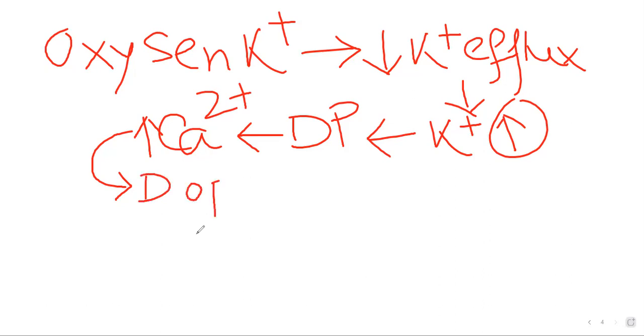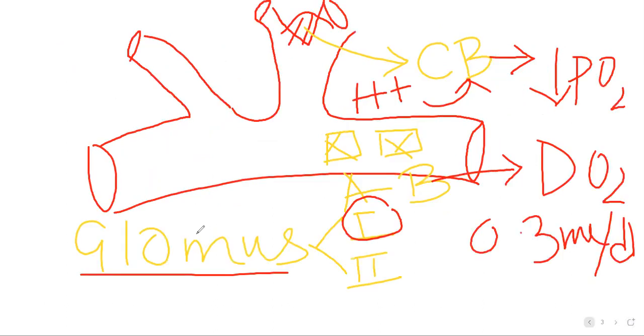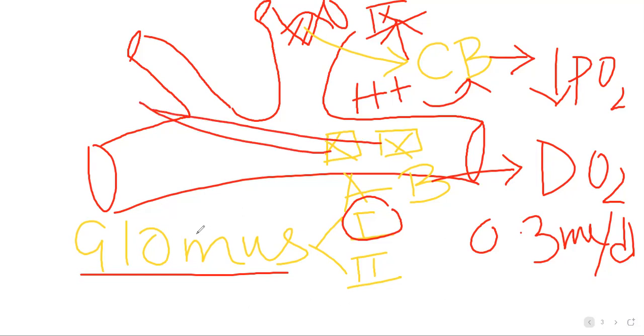So dopamine is released via exocytosis, and this dopamine works on the dopamine D2 receptor, which is present on the 9th and 10th cranial nerve endings, which are generated from the carotid body, from the 9th cranial nerve, and the aortic body. So this is the carotid body where the 9th cranial nerve, the glossopharyngeal nerve, will arise, and from the aortic body will arise the 10th cranial nerve.